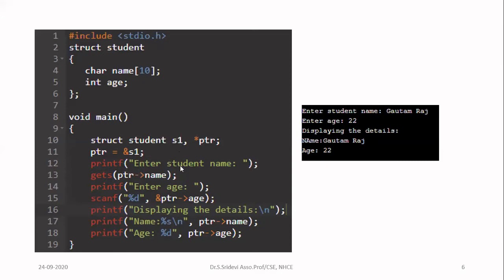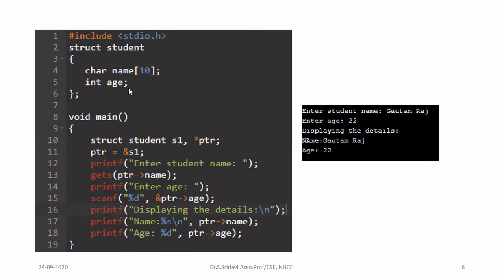Now, from the user, you try to get the name of the student and age of the student. For the name, we are going to use the function gets. In gets, use the syntax to access the member with the help of the pointer. Okay, I told you the step is write the pointer variable name, that is PTR, then write the arrow operator, that is nothing but minus and then greater than symbol, then write the member name. Here member name is name.